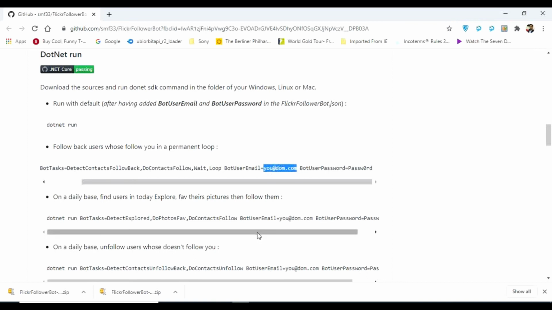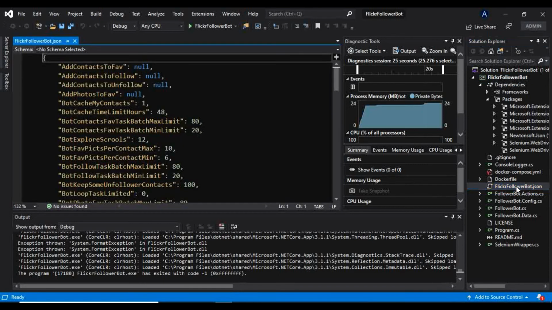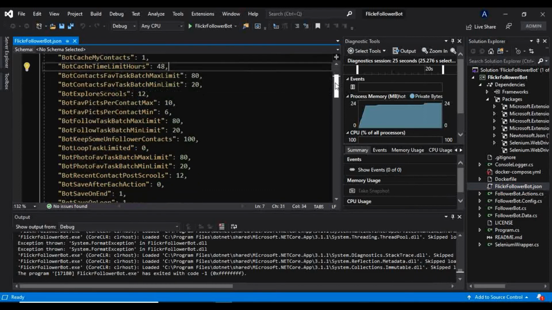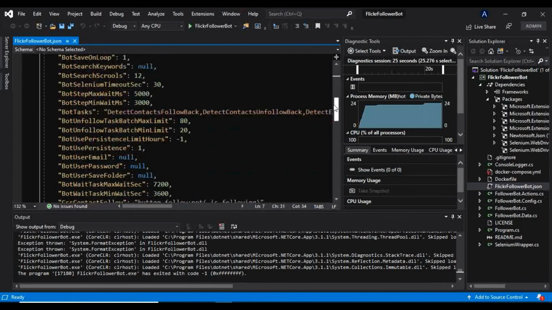I will copy this, and there will be one JSON file, this Flickr follower bot.json. Go to that. Here you will find the bot user email ID. You have to paste that user email here.